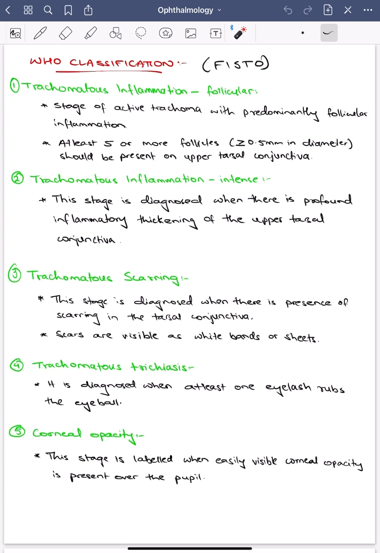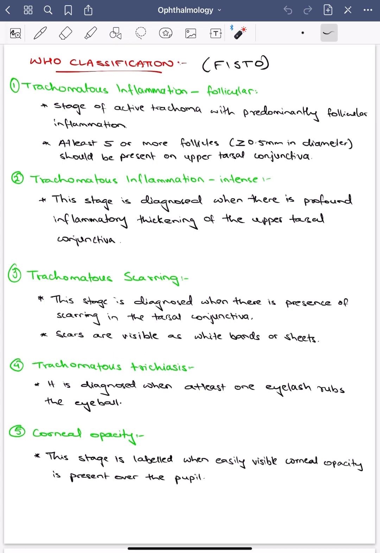Now this shows the clinical pictures of cicatricial trachoma, and you can see the concretions and the Herbert pits. So that concludes the clinical features of trachoma. Remember, it is divided as active trachoma and cicatricial trachoma. Now coming to the World Health Organization classification, the WHO classification of trachoma, and you can remember it by the mnemonic FISTO. The first is the trachomatous inflammation follicular. Now this is a stage of active trachoma with predominantly follicular inflammation,